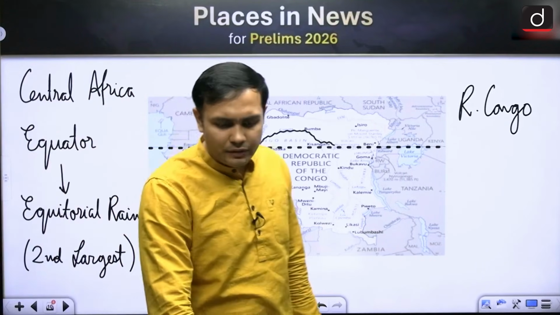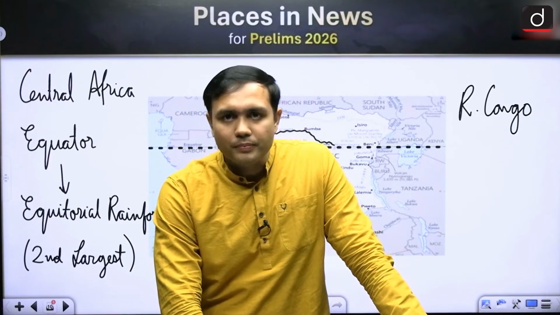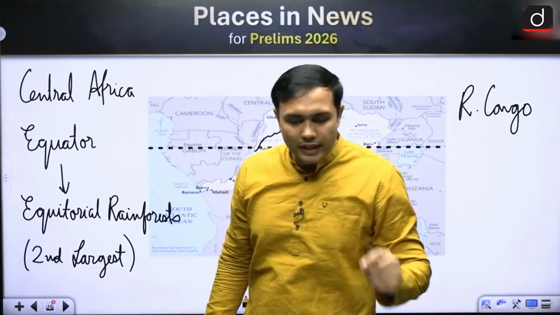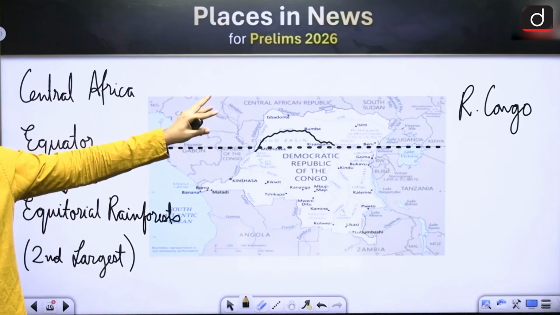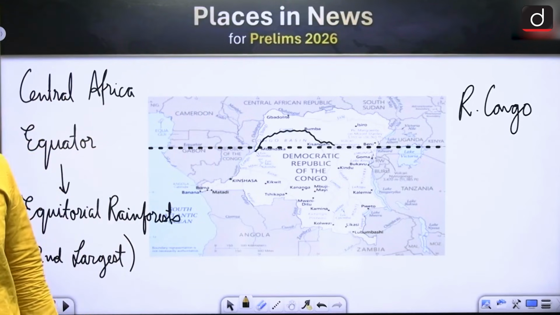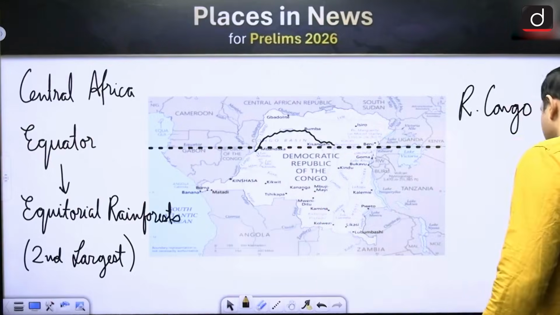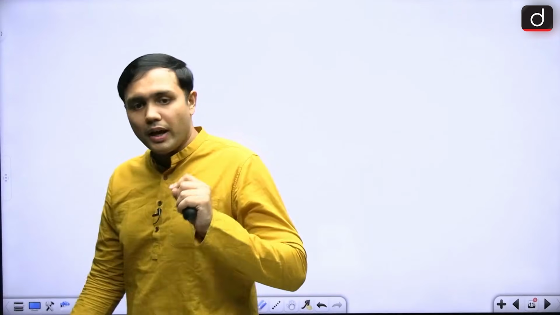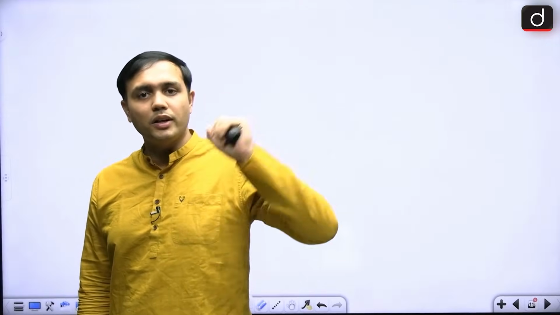It is a very, very important river, right? It is so important that basically its whole geography is dominated by this particular river, right? This country, now, before we continue with the Congo portion, you will have to remember which are the important countries with respect to Africa and what are their sizes.